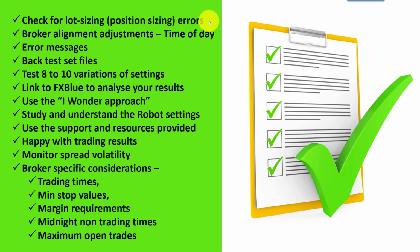And it's a simple adjustment. In this example that I've just mentioned, you just need to add 3 to your time of day settings. So instead of starting at 8 o'clock, you might start at 11. So those are basic adjustments that you need to do to get some form of alignment between set files that you might use